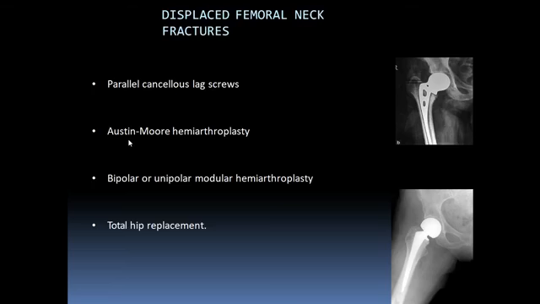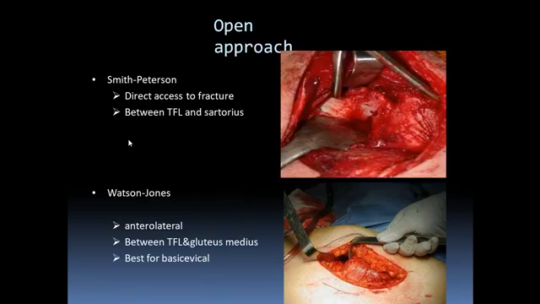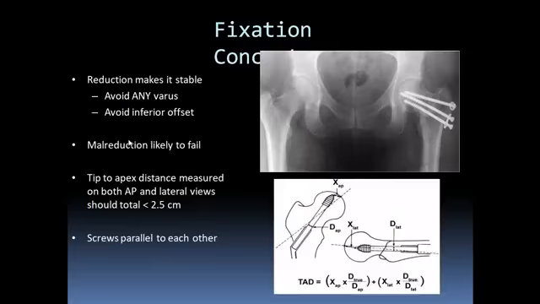In case of displaced femoral neck fractures, we can go for closed reduction with cancellous lag screw, or in old age, we can go for hemiarthroplasty or total hip replacement. This shows different methods of closed reduction. The open approach for hip fixation device,